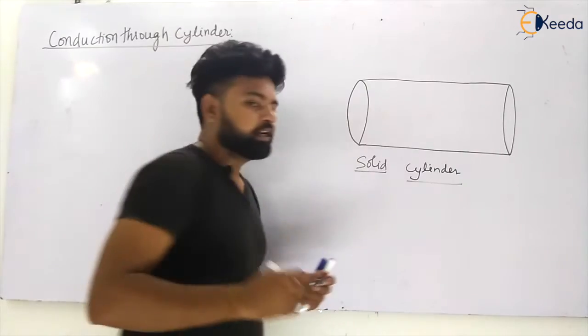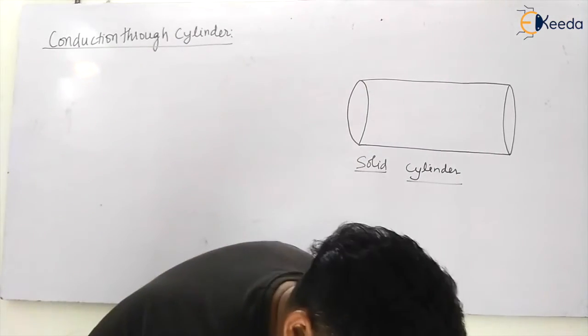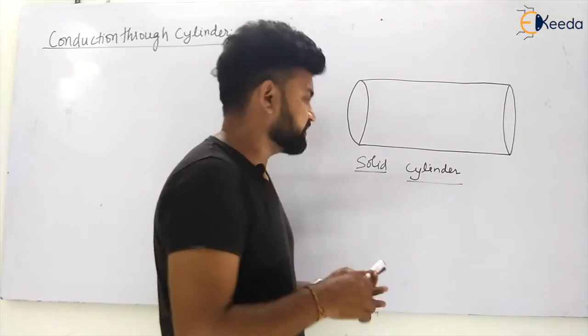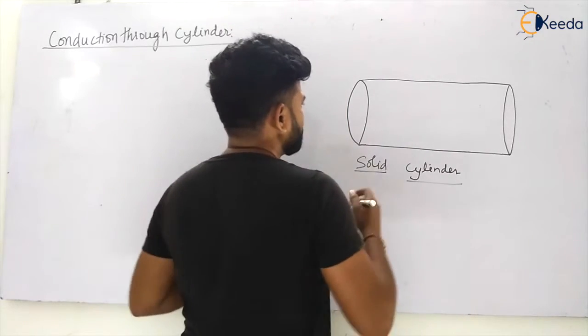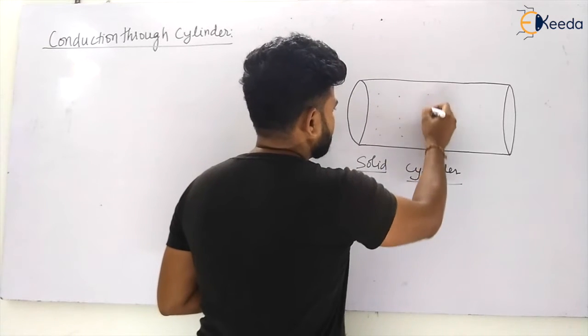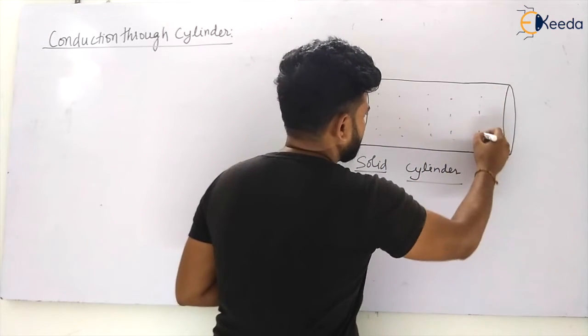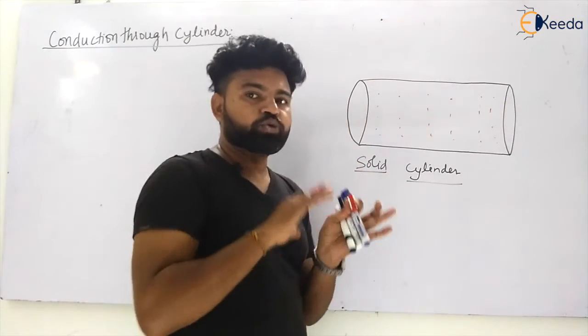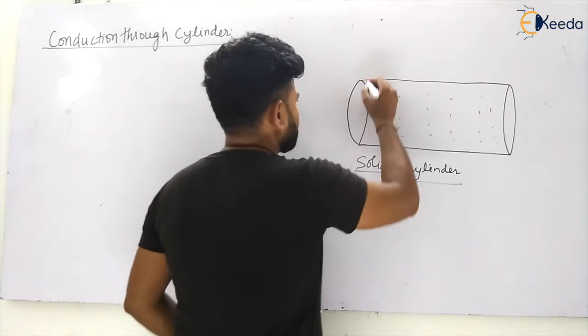Now when I am taking that solid cylinder, how will heat transfer from this cylinder? Let us observe. If there is some heat generation per unit volume, there will be heat generation in each and every element of that particular cylinder. So heat will be transferred to the surrounding by this